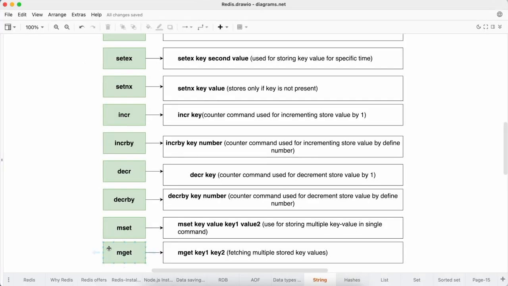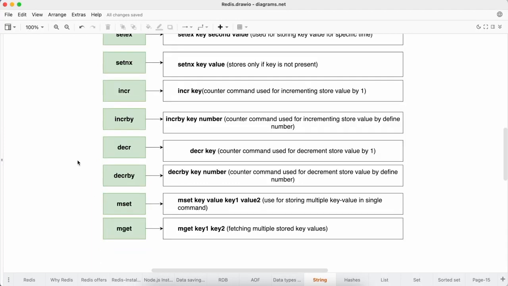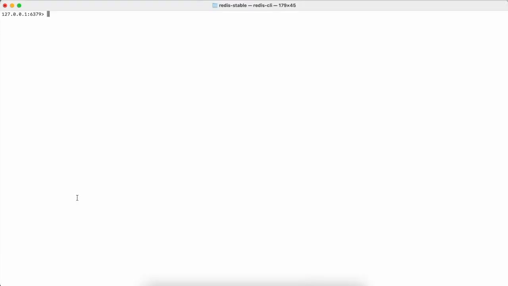Similarly we have a decrease, and now I'm going to show you the last two commands where I want to store multiple key values in a single command. Doing a set multiple times is a hectic process. Now I have a requirement where I want to store these values in one line, so we can use these things like